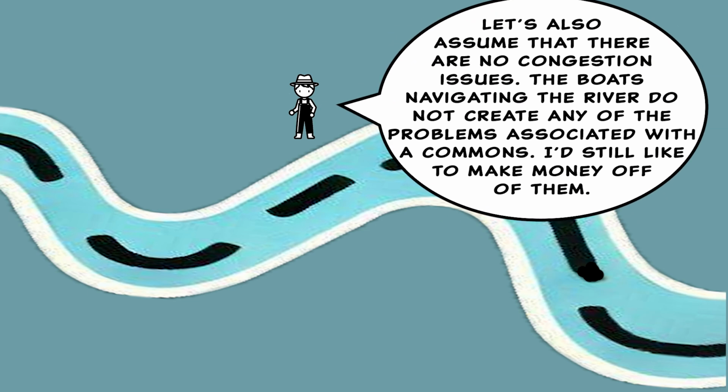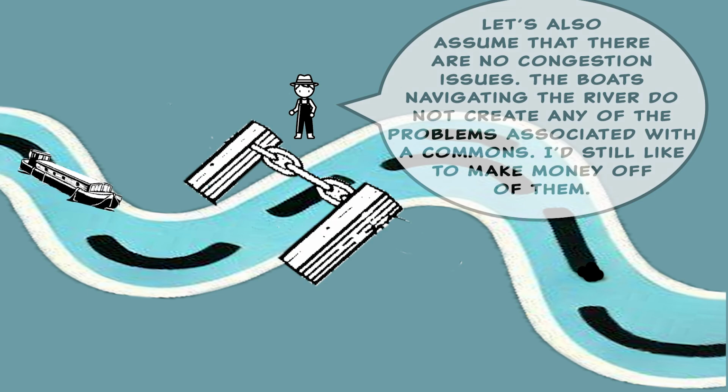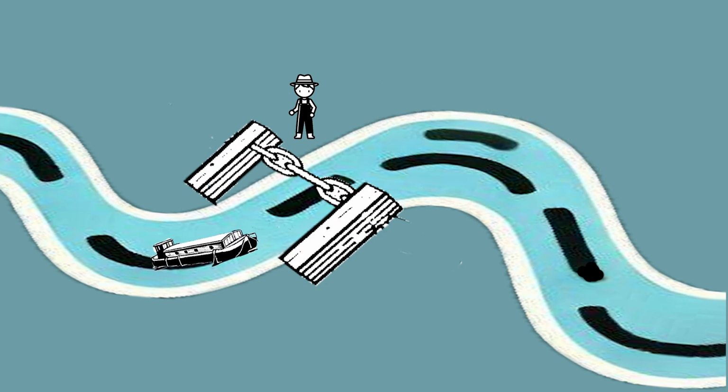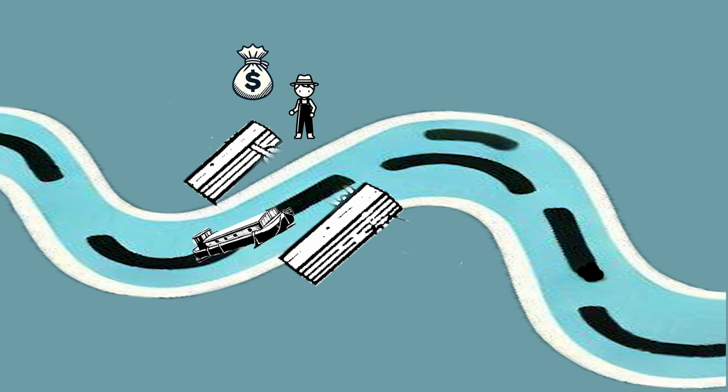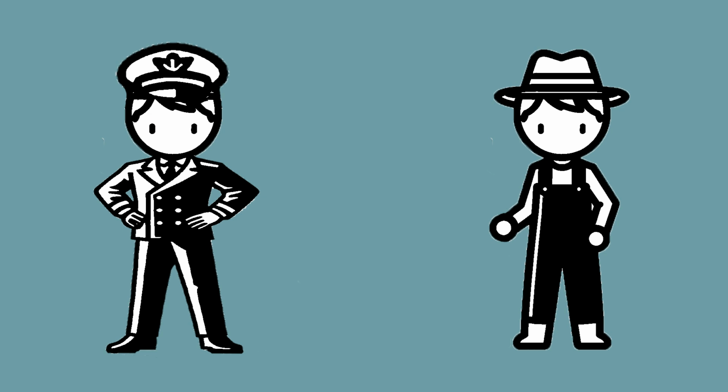And the property owner one day decides, what would be nice is if I can install a chain across the river that I can raise or lower depending on whether the people in the boats pay me a fee for letting them go through. Now, the creation of the chain is in no way productive. There's no improvement to the land. It's just a charge to people for something that was once free. And the resulting harms are those associated with monopolies.